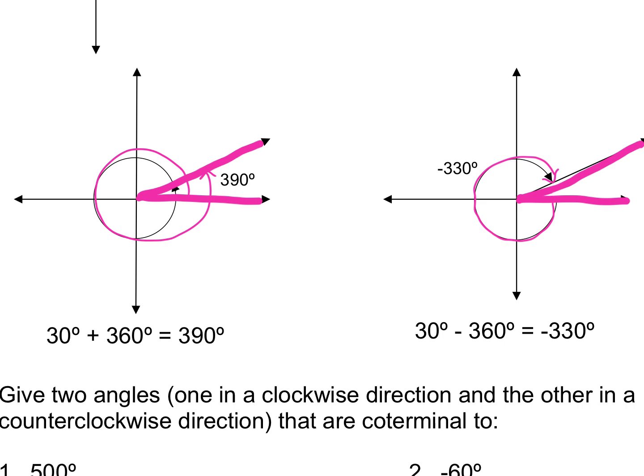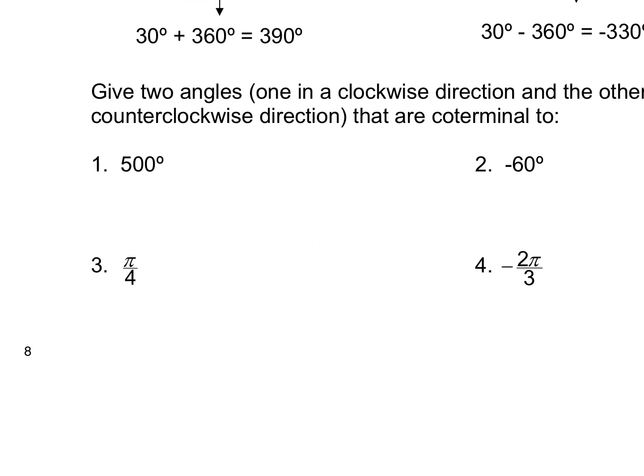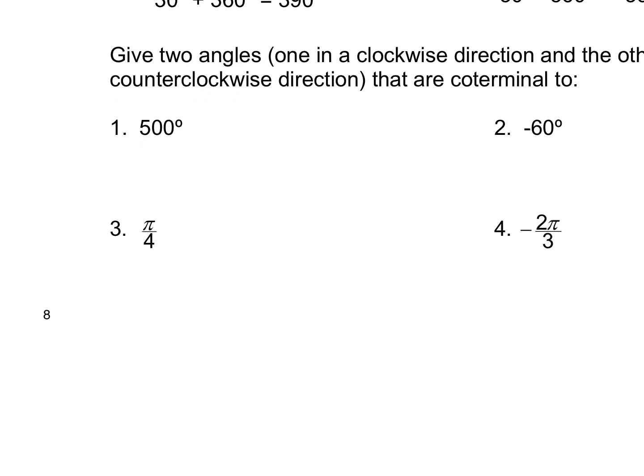2 pi. 2 pi. Good. So if I was asked to determine 2 angles, and this won't make sense to you now, but next class, when we start actually finding trig values, 500 isn't going to make a whole lot of sense to us, because when we find trig values, we're going to do it all within 360 degrees. So if you're ever asked to find something about 500 degrees or even how to sketch it, I wouldn't sketch